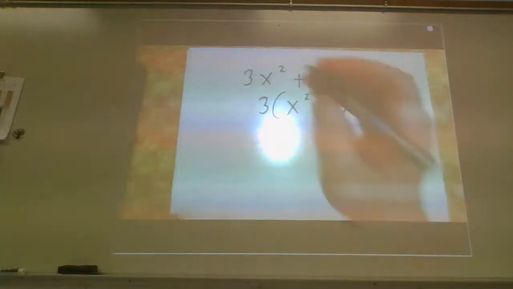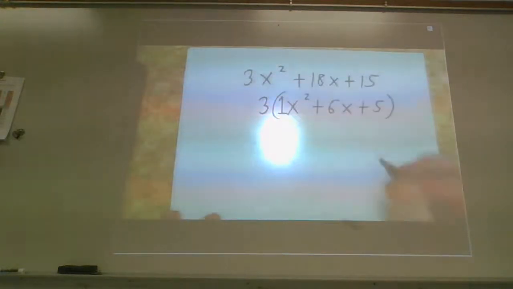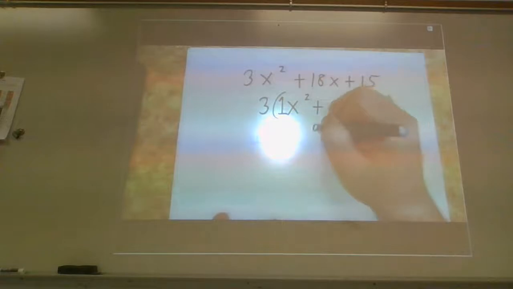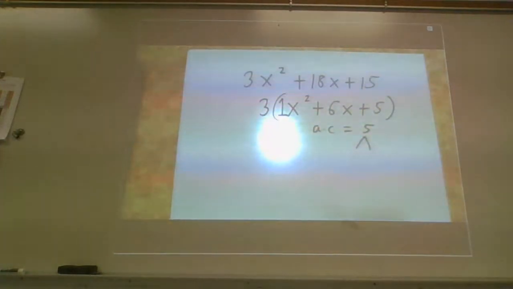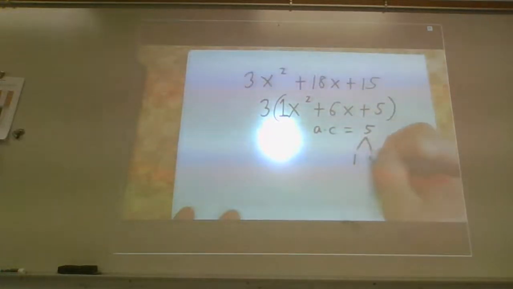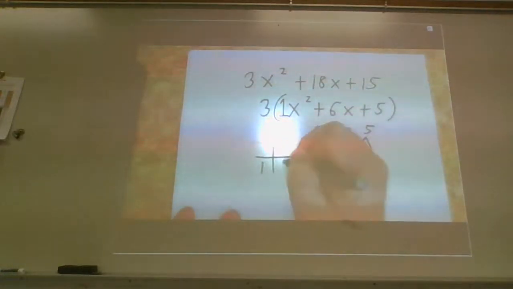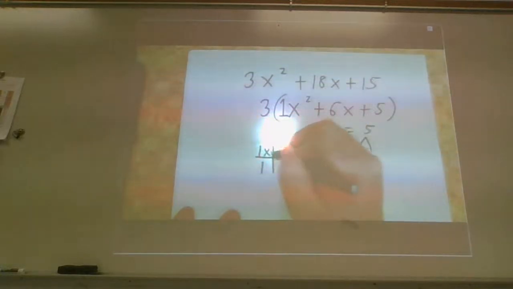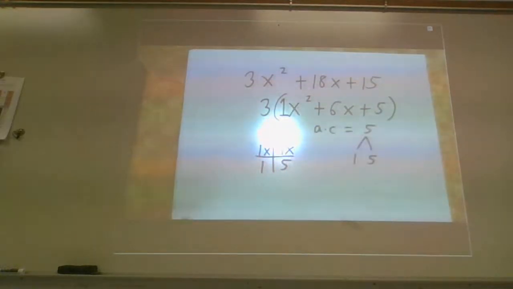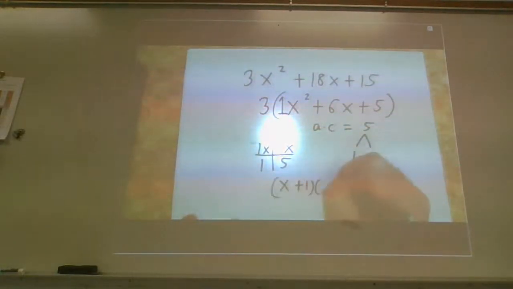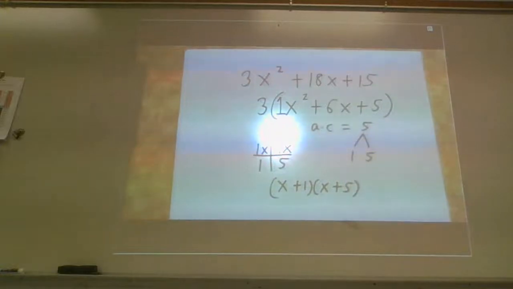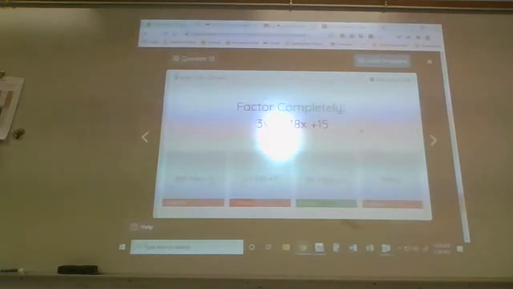And when you do, now your A value is 1. So A times C is 5. Can you give me 2 magic numbers that multiply to 5 and add up to 6? 1 and 5, yeah, they're the only ones that work. T chart, 1 and 5. It's a 1x and a 1x. Nothing simplifies. I get an x plus 1, x plus 5,